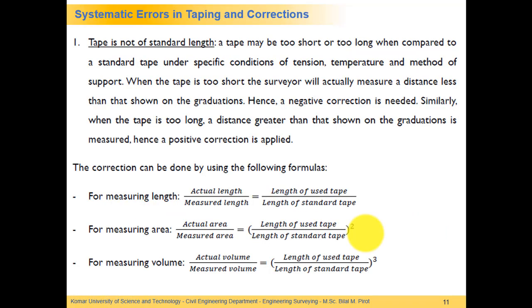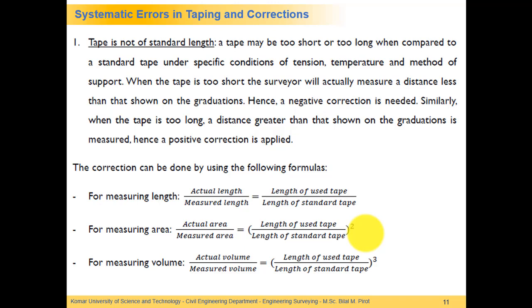Systematic errors in taping and corrections. While using tapes for measuring distances, we may have some types of errors. The first type of error is the standard length of the tape. In some cases, the tape may be short or it may be long. So in this type of error, we have some corrections that we can conduct to find the exact length of